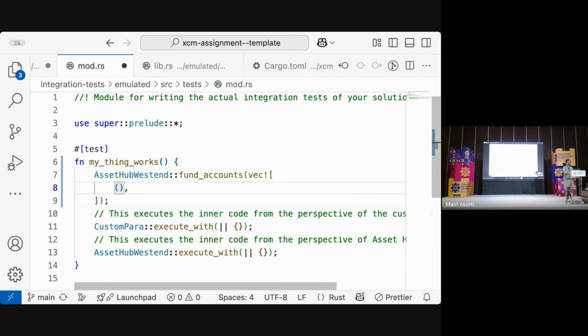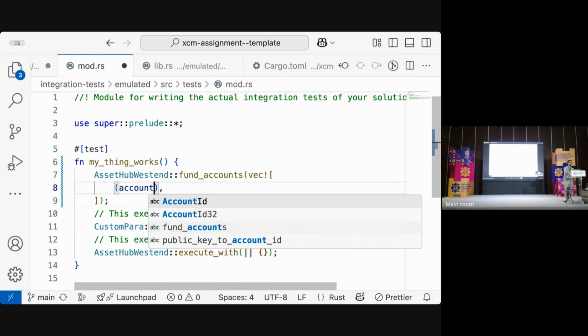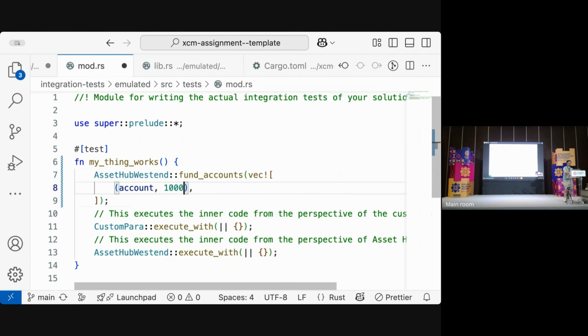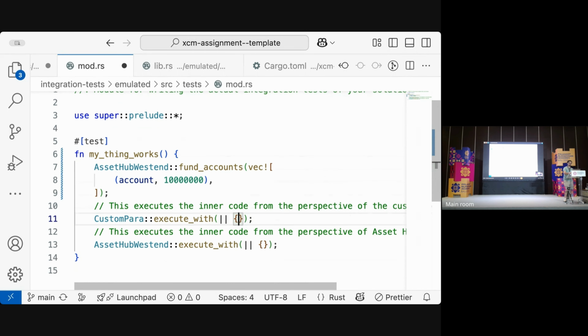And now you would do the account, and then you would do the amount that you want, right? And then now you have the amount. Native balance. It's the native balance. Yeah, this would be only the native balance. Then if you want the foreign balance, you would need to do execute with, and then for example,